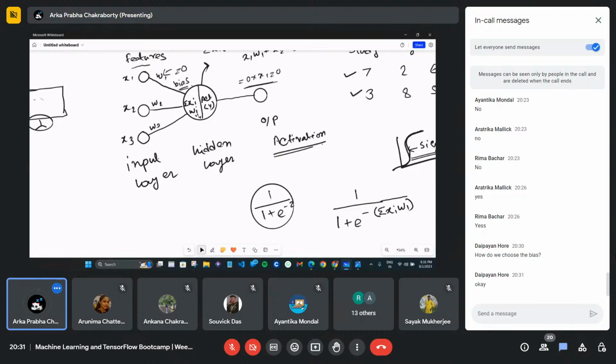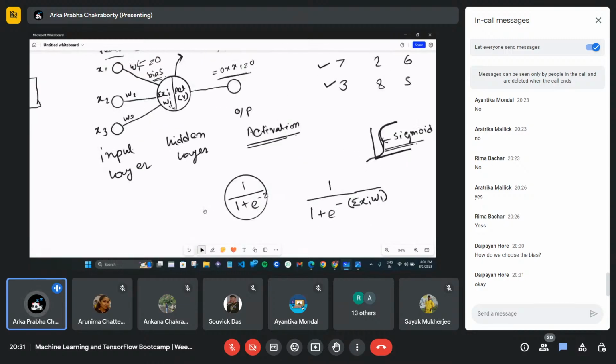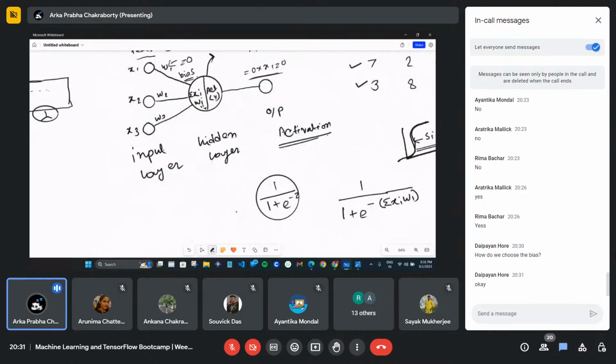Okay. So this is the bias, and what will my ultimate function look like? Now the summation of xi and wi with the bias looks like this, right?